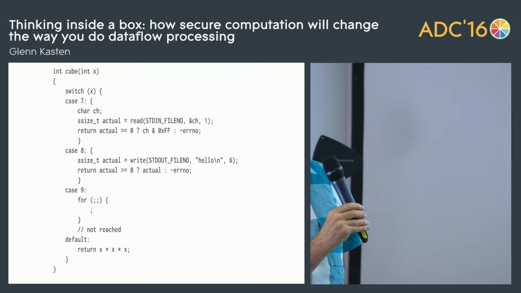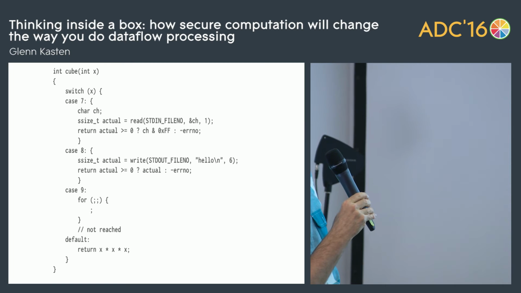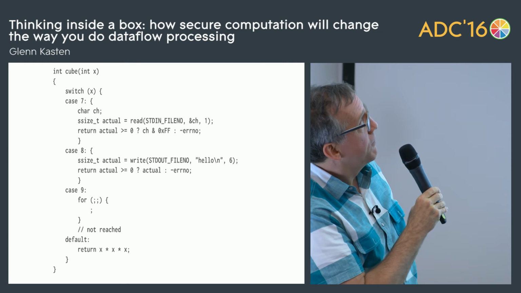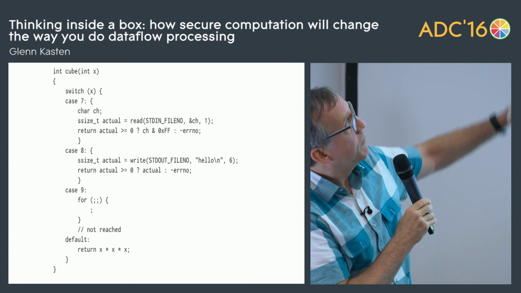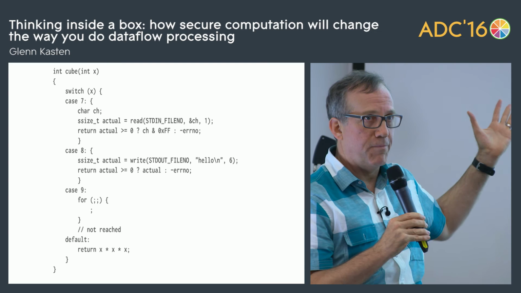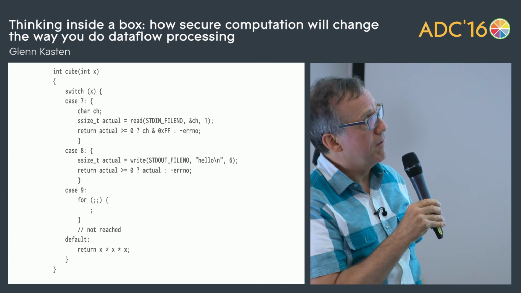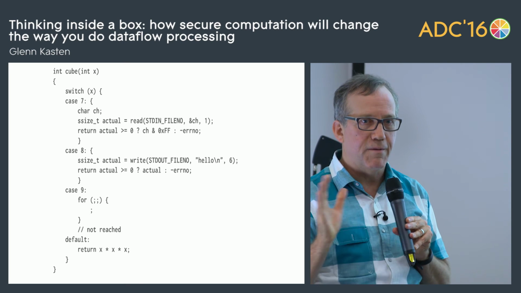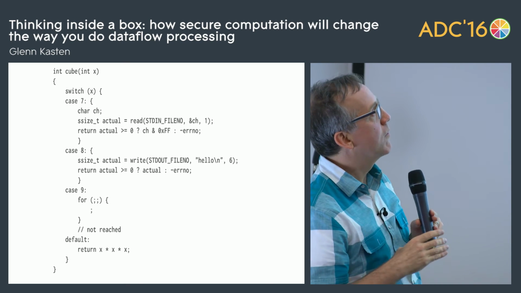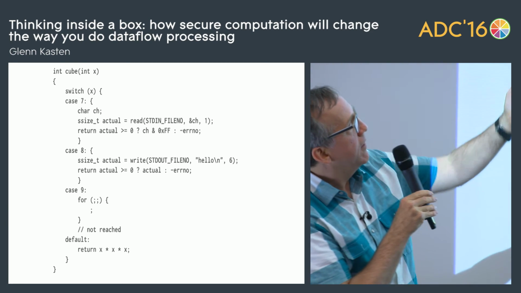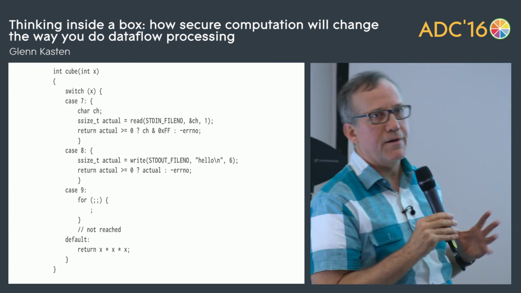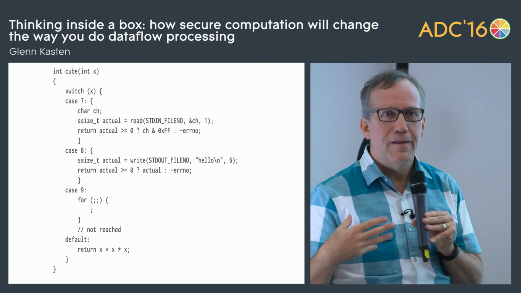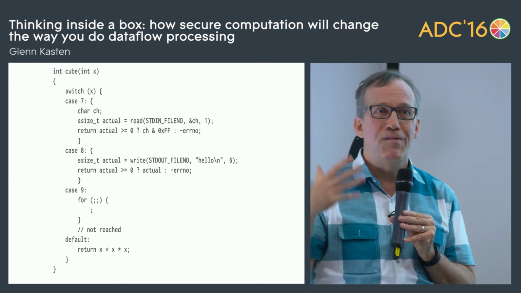So I have a function which computes the cube of an integer, and in most cases, in the default case, it just simply returns the cube. However, in a few special cases, it's going to do something different. In one case, it'll execute the read system call, which is forbidden. In case of 8, it'll do the write system call, which is also forbidden, but instead of killing the process, will return an error code, which we can look at in errno. And in the case of a 9, it's going to go into an infinite loop, okay, which is a bad thing. So the pre-recorded demo is on.